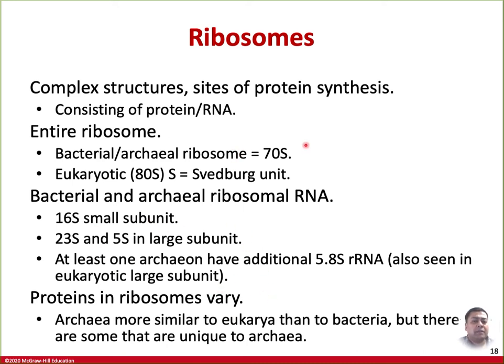So remember that to make the 70S structure, you have the two subunits, and they are 30S and 50S. 30S and 50S make the 70S. Here, the 40S and 60S make the 80S. So think about this being the 70S, the small one is 30S. The Svedberg unit of 16 is contributed by the ribosomal RNA. The rest of the Svedberg units, which make up the 30S of the smaller subunit, come from the